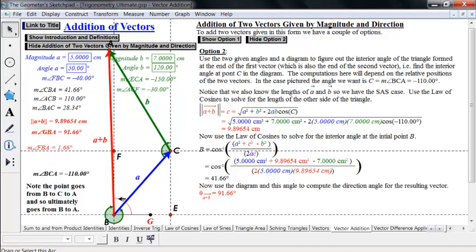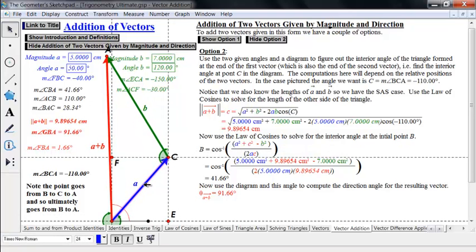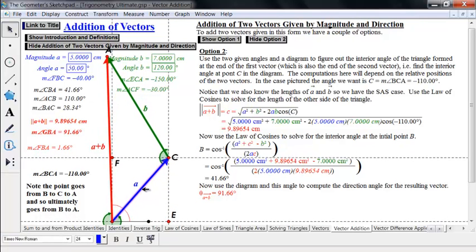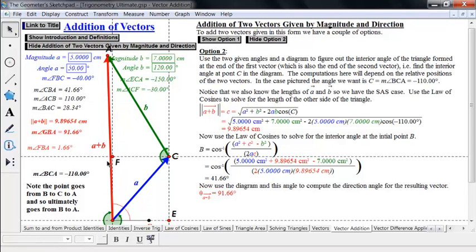But remember, in the way this picture is drawn, we also have to add the blue to it, which was another 51 degrees, so that gives us 91.66 degrees. It depends on the shape of this, whether you're going to be adding things together or subtracting them. So you need to experiment with this with several different cases. I strongly encourage you to get in this sketch, try out some different ones, and make sure you can get these things to work out,